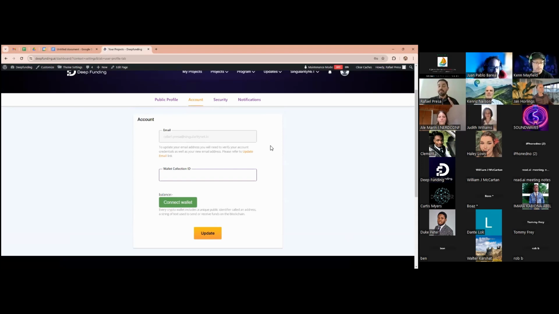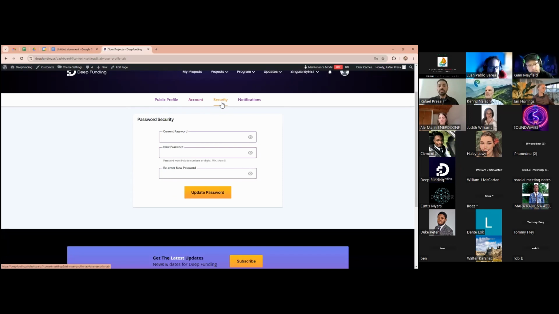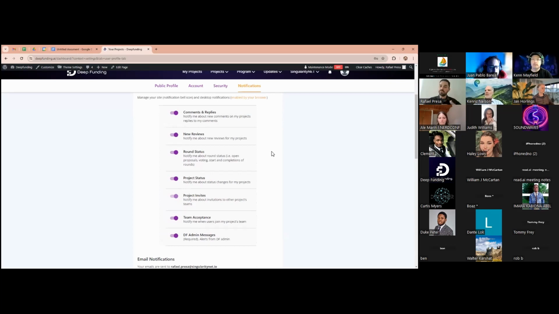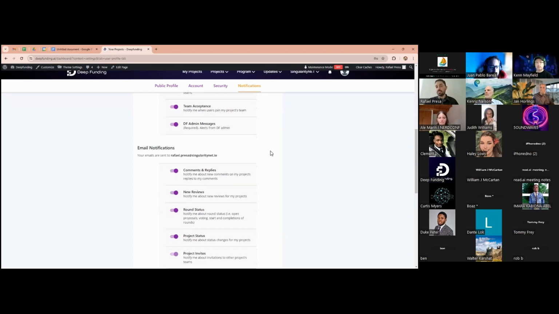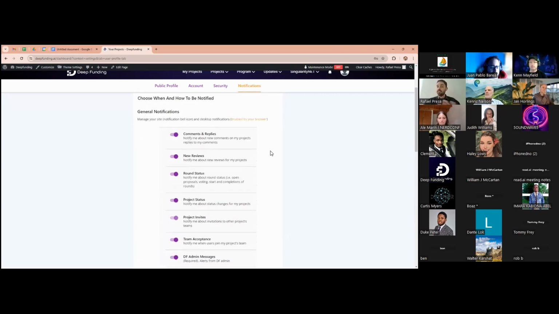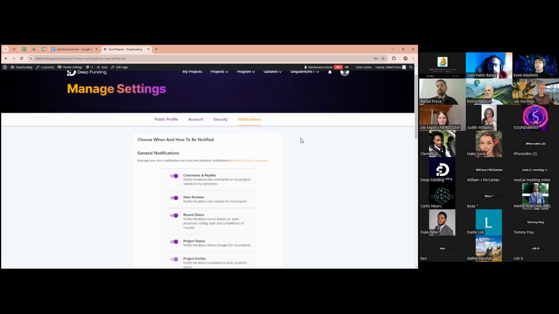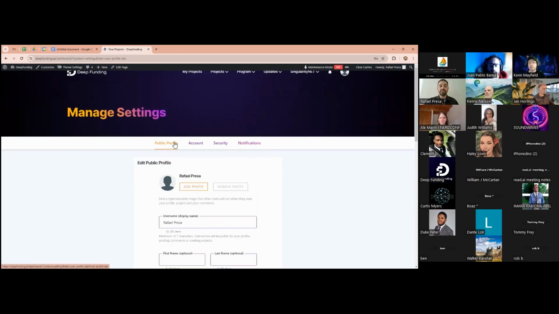Remember, AGIX in Cardano network, okay? That's very important. Security, regular things, and notification as well, as we are willing to keep this communication open between the parties. So you can also come here. I would suggest, another hint, for you to leave it all enabled, to be on top of what's going on with your proposal and be able to quickly reassign or do differently. Okay,